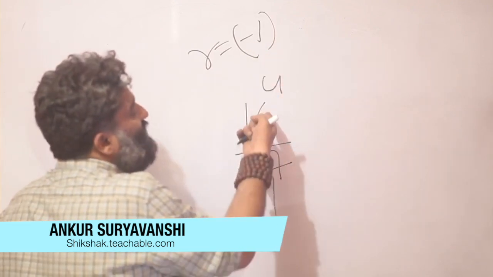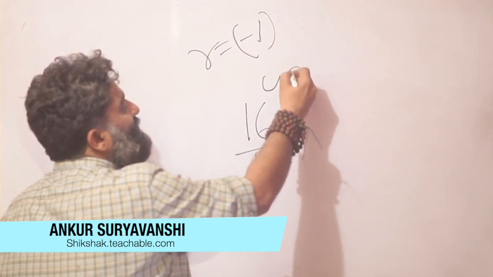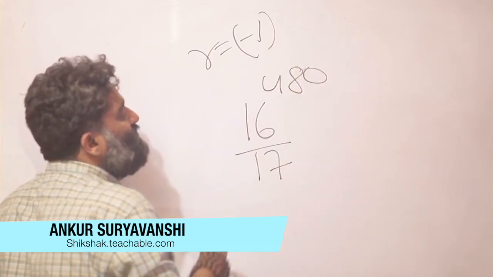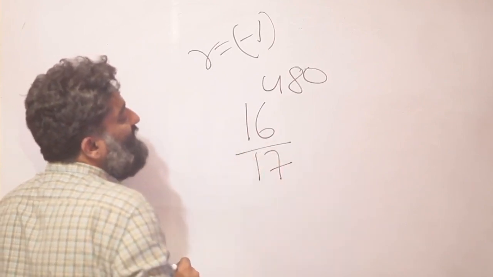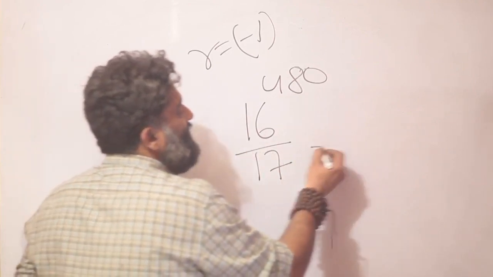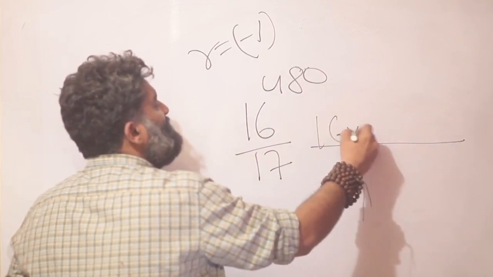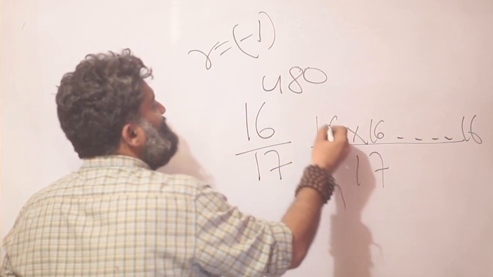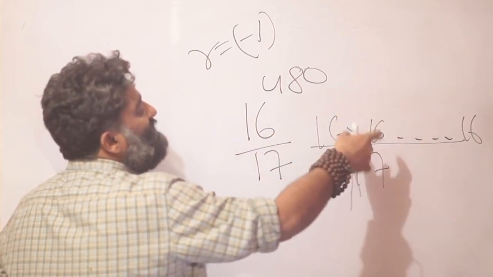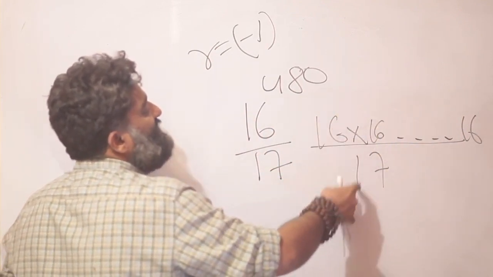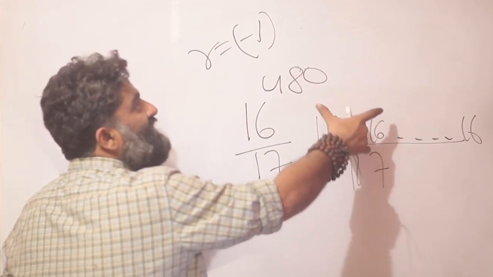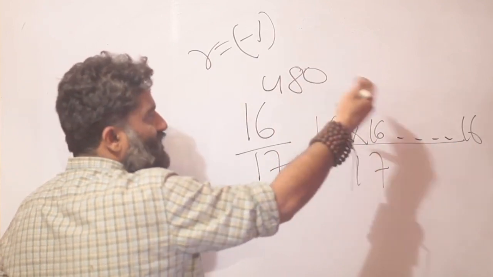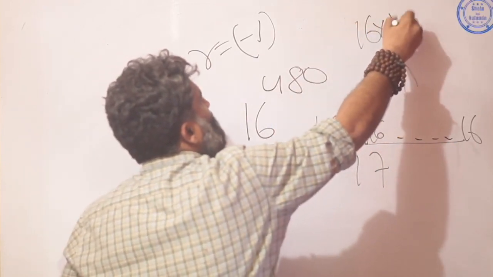So why? Because look at this number, 16 raised to 4, make it bigger for yourself, make it even bigger for yourself. 16 raised to 480 divided by 17, what is the remainder? Once again, understand that it is a lot of 16s, and think of each 16. You could have gone for the calculation that okay, this is the remainder of 16 and this is the remainder of 16, and the new remainder would be 16 into 16 divided by 17. Not too much of a problem, don't shy away from it.